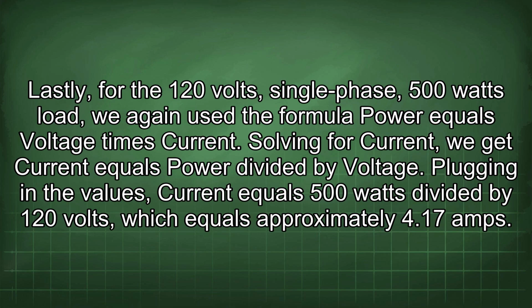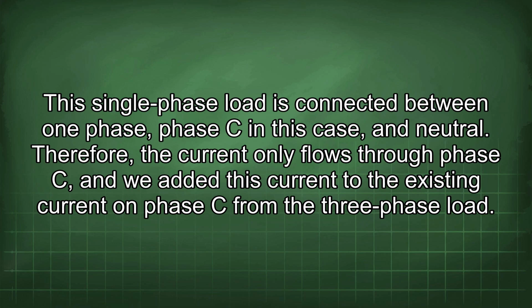Lastly, for the 120 volts single-phase 500 watts load, we again use the formula power equals voltage times current. Solving for current, we get current equals power divided by voltage. Plugging in the values, current equals 500 watts divided by 120 volts, which equals approximately 4.17 amps. This single-phase load is connected between one phase, phase C in this case, and neutral. Therefore, the current only flows through phase C, and we added this current to the existing current on phase C